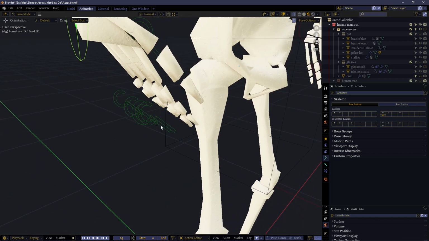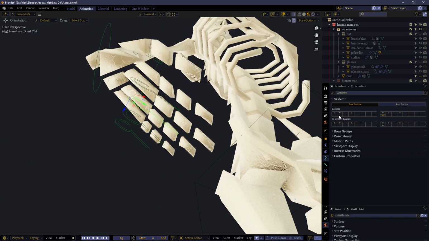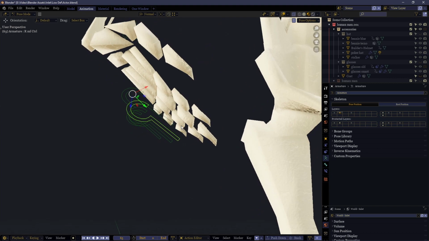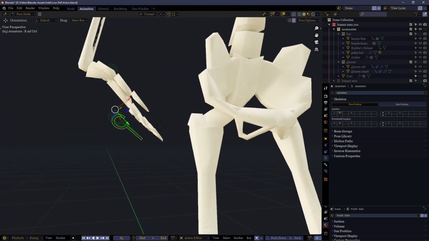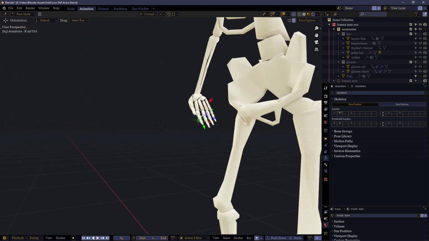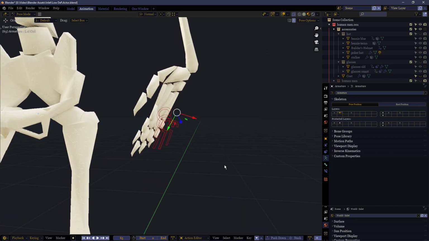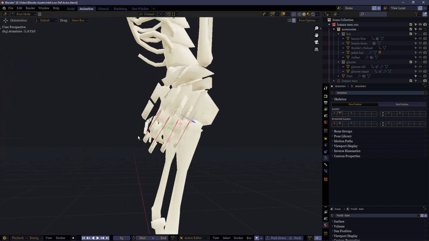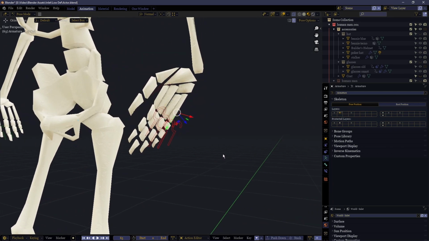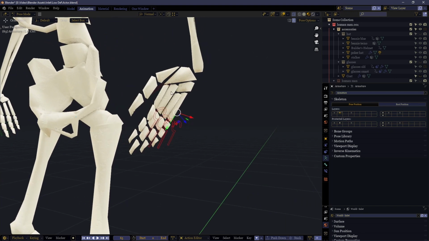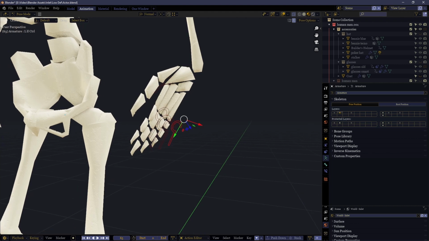Now we come to the bones on the fingers. And for this, I'm going to go to this layer just to see only these finger bones. On the left side, they're red. On the right, they're green. And basically what you can do with these is the fingers are made up of 3 main bones. By rotating them, you affect the bone at the top here. So it's like you move the entire finger together.